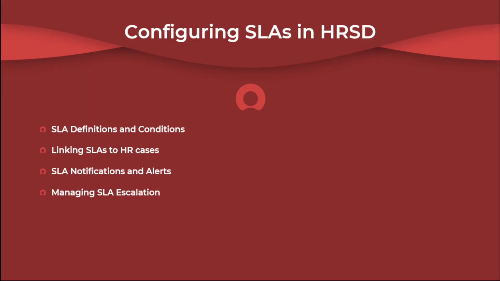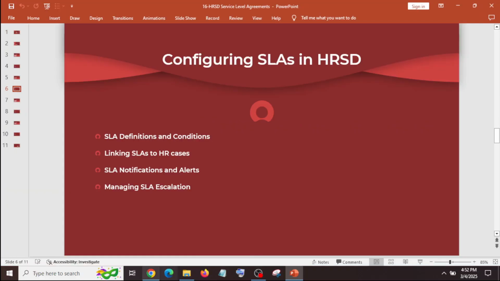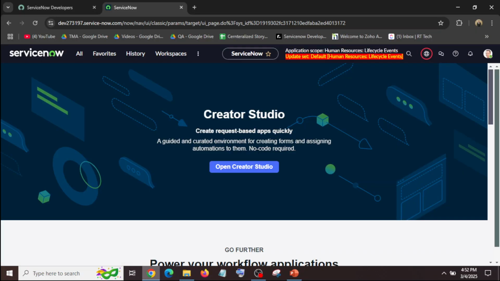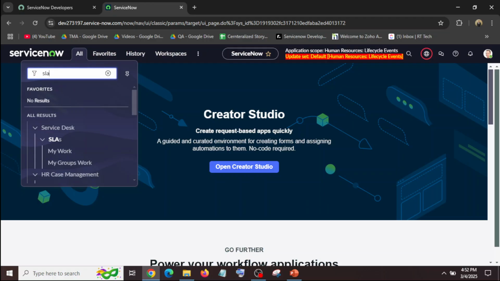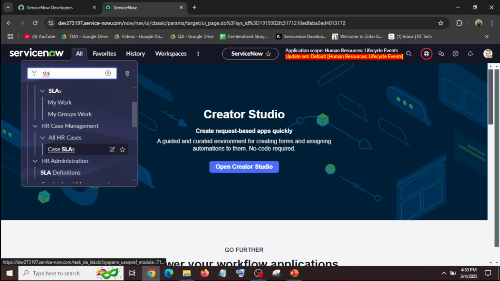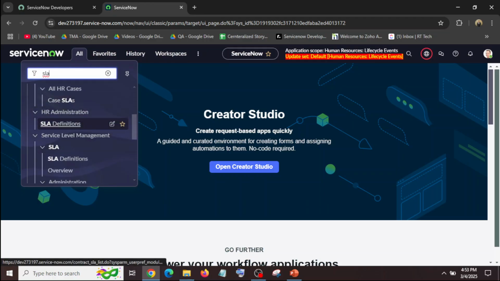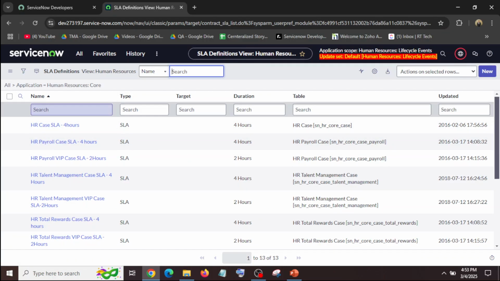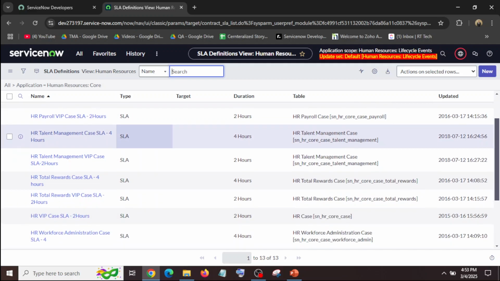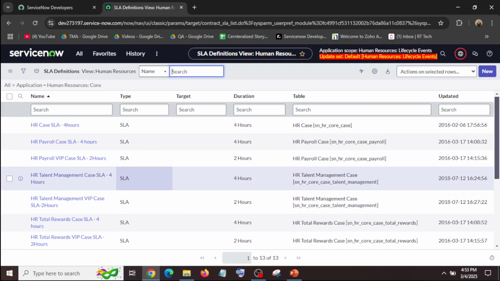So let's explore the SLAs on my personal developer instance. This is my personal developer instance, and if we go to the navigator and type SLAs, then under the HR definition, if we open this SLA definition, these are all the HR SLAs.